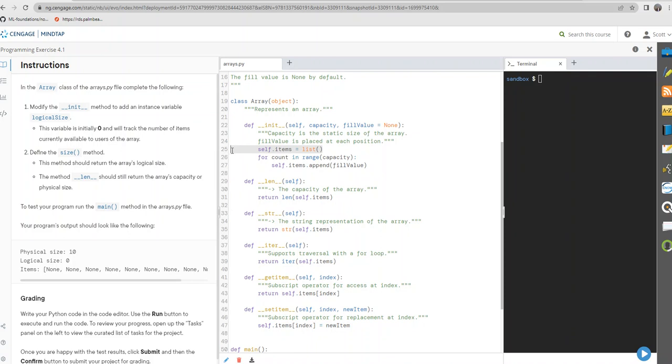We're acting as if we have an array, but the reality is we're creating a list. It's not functionally a true array, but it's the closest we can come with the built-in functionality of Python. So with that said, and given that we've talked about this already,